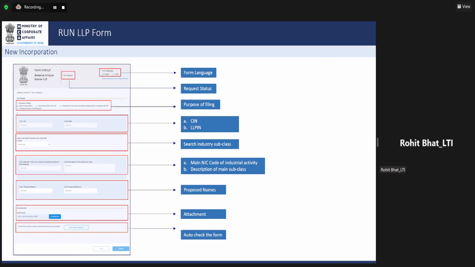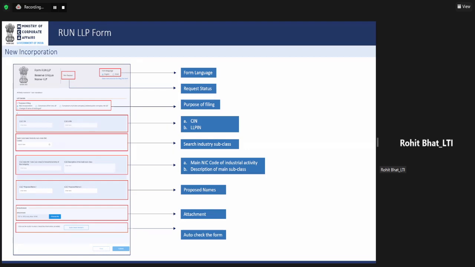At present, this is disabled because this is new incorporation. And for professional users, we are giving additional facility, that is search option for SIN and LLPIN. So in case you click on that search option, you will be able to see all the companies. And if you put any alphabet, 2 or 3 alphabets, the related names of the LLPs or companies will appear on the screen, and the user can select from out of those names for whichever entity he or she wants to file the form. They can select accordingly. So that facility is also available. The user need not put complete SIN or LLPIN, and that will also save their time here.